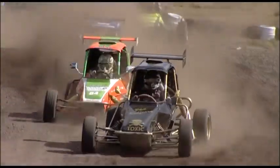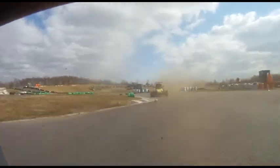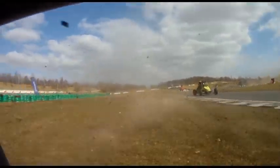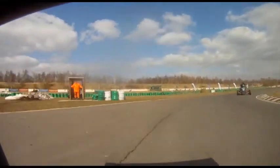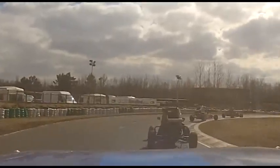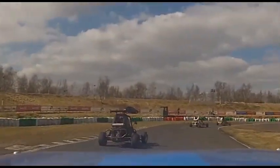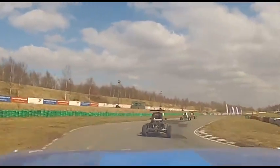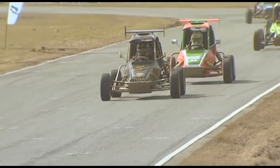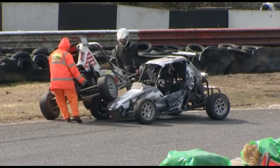Yes, indeed, but yeah, I think fair to say that Tim Page mounted the back of Danny Kerwood's number 7 Superlite there. Oh! Loose tyre on the inside, and somebody's gone off doing a bit of grass cutting there. It's well, that's Jake again, isn't it? And there's the front-facing camera from Jake there, as opposed to the rear-facing camera. But yeah, fair bit of grass tracking there from Jake. Yeah, Jake Swan is clearly a little bit frustrated to have made that mistake and get to the back of